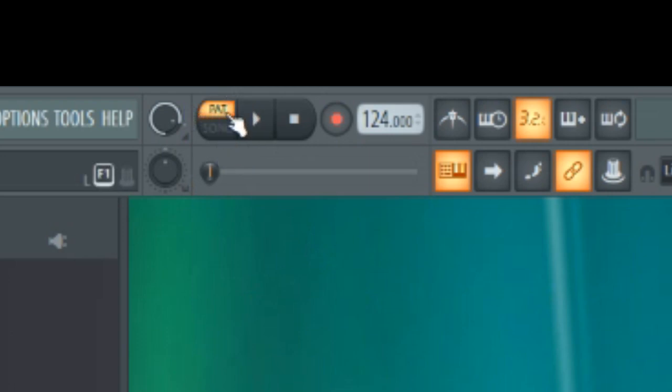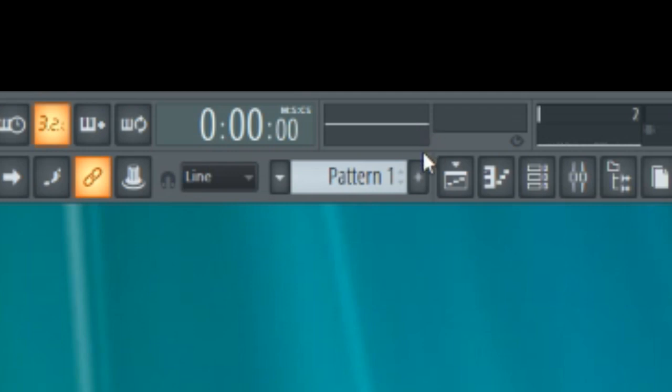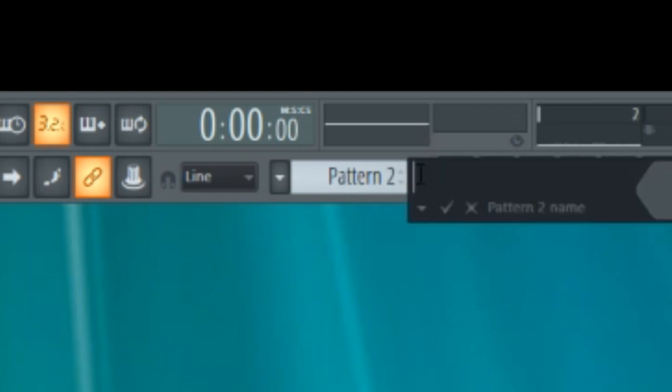Pattern. Pat is short for pattern, and when you play it on pattern mode, it plays the selected pattern that you make. And let's say we want another pattern, so we just hit this plus button, and this is if you want to give it a name, pattern 2. I'm going to call it